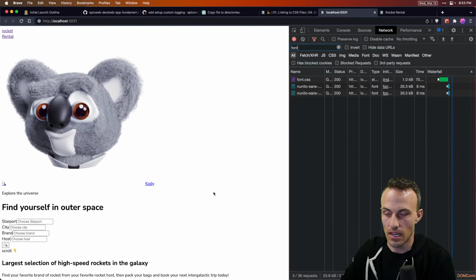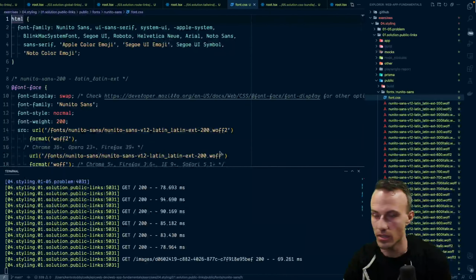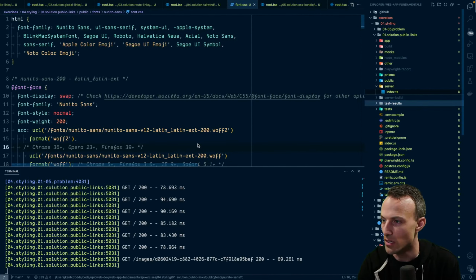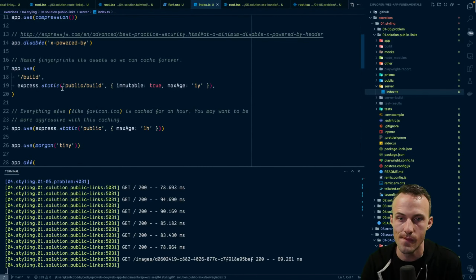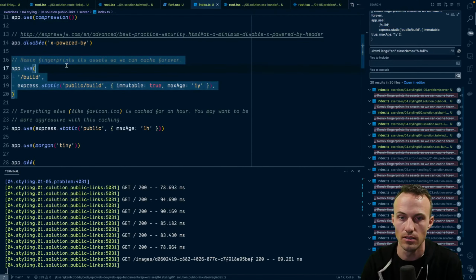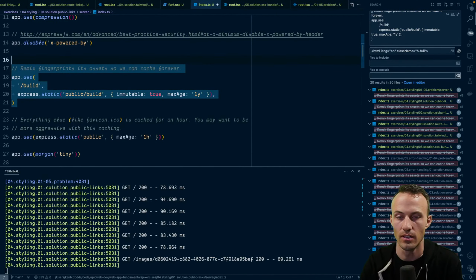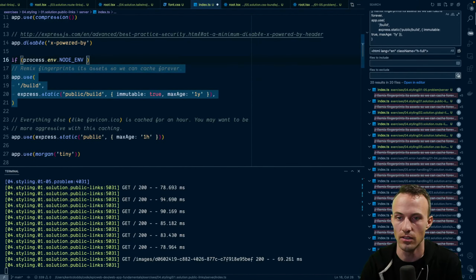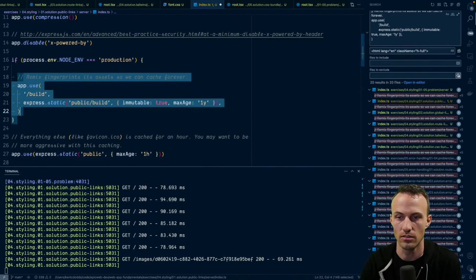Yeah, that makes sense. It occurs to me that it would probably be a good idea to have our server not cache. So here, let's do this. We're going to say if process env node env is production, then we'll cache.